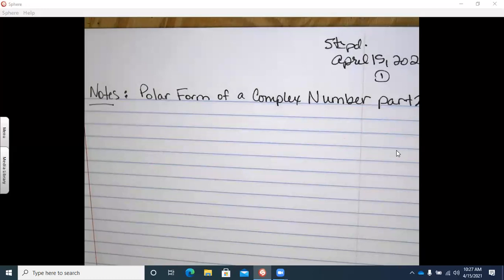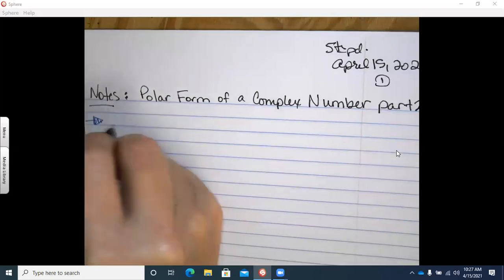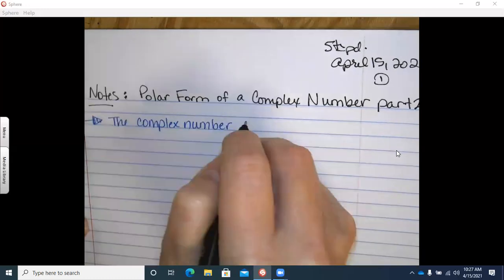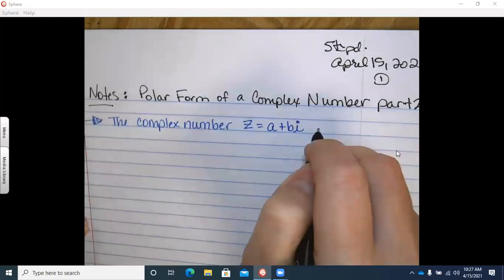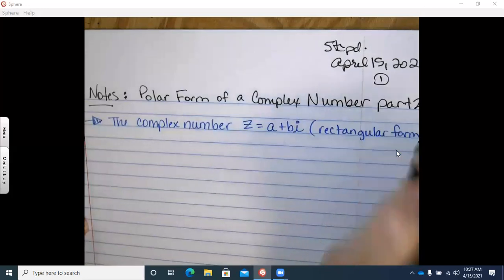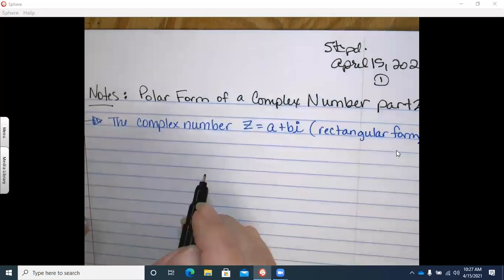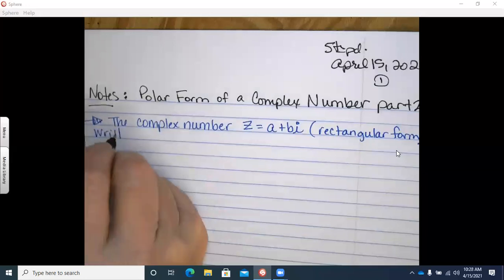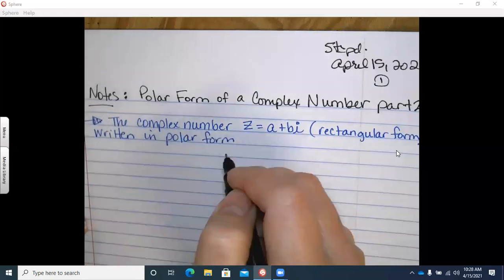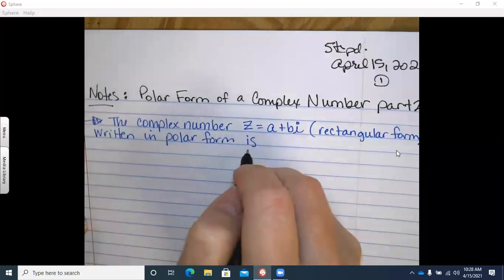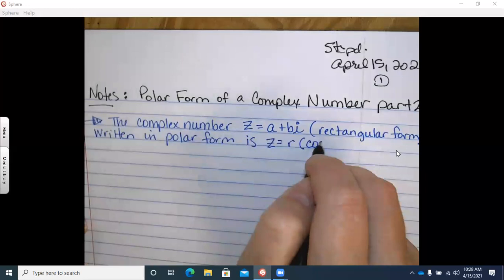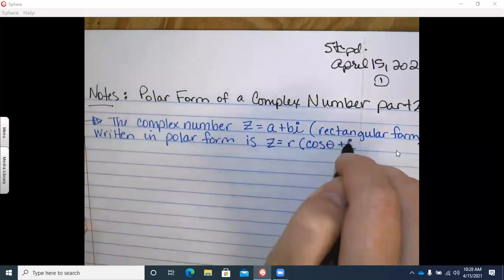The complex number z equals a plus bi, in parentheses, let's put rectangular form, written in polar form is z equals r times, open parentheses, cosine theta plus i times sine theta,